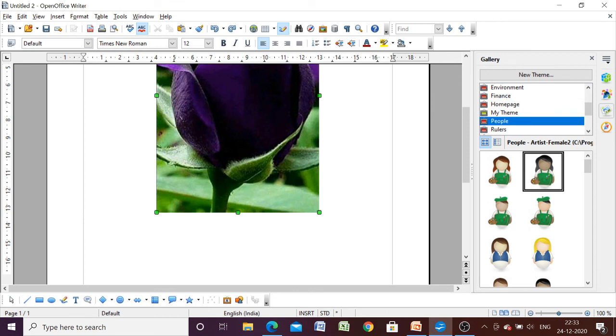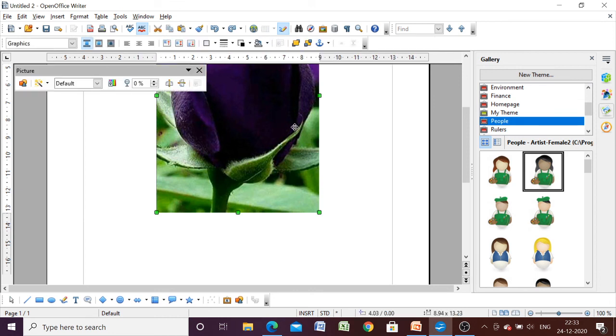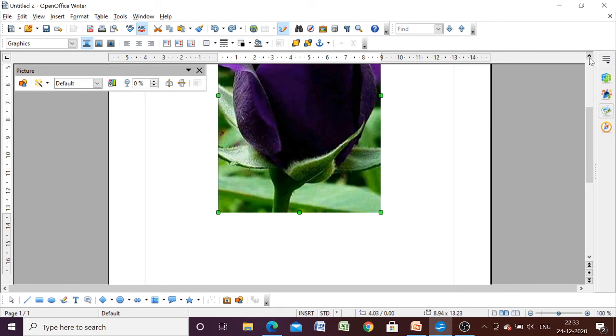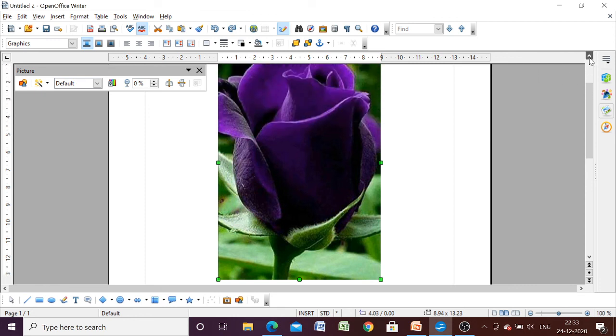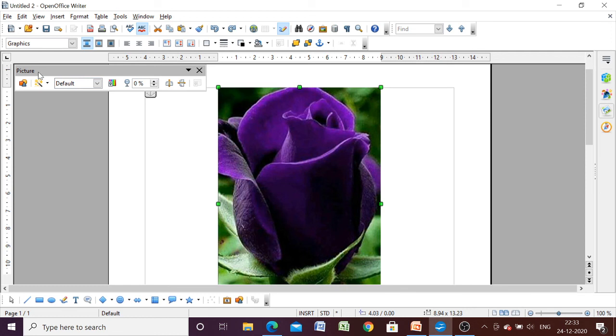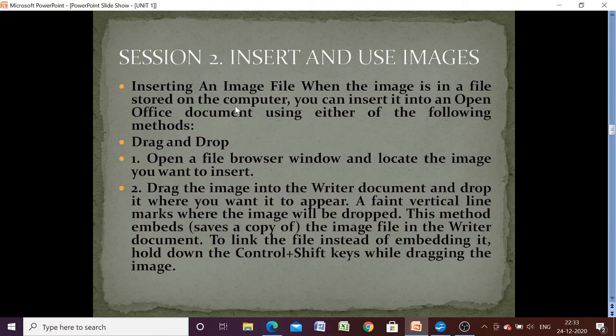As soon as you insert a picture in your document, you have a toolbar, the picture toolbar. It comes automatically as soon as you insert your image. So the first thing which we have discussed is how we can insert an image.